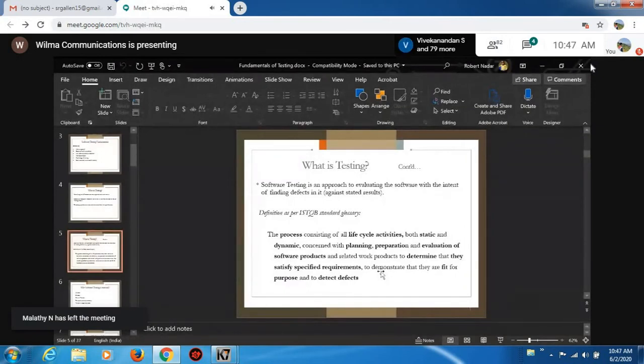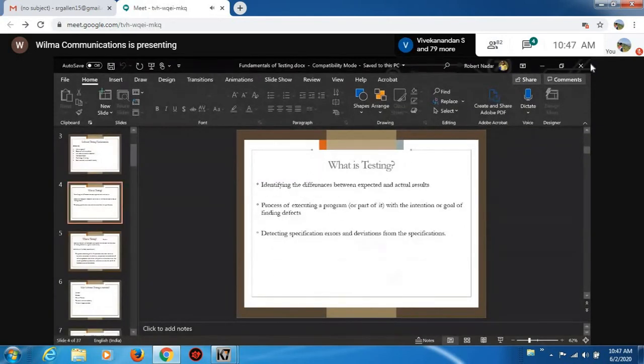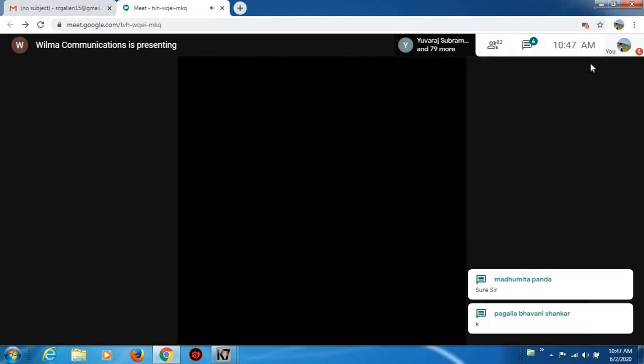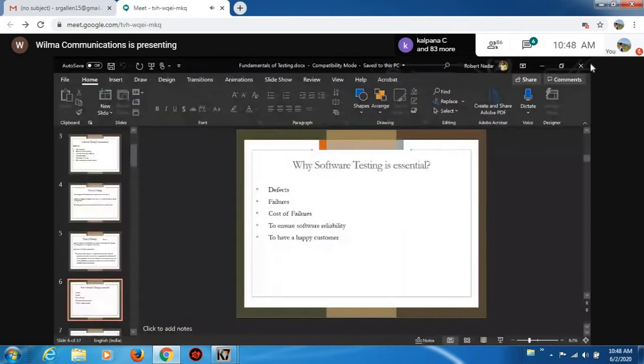The next thing is, why software testing is necessary. After explaining what is testing, the different testing techniques, and the different definitions of testing, I hope you have got some idea of the importance of testing. But apart from that, what exactly is the reason why we are going for software testing? Here we can see some of the important points for conducting testing.